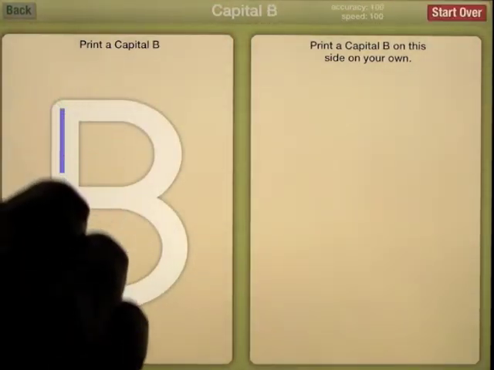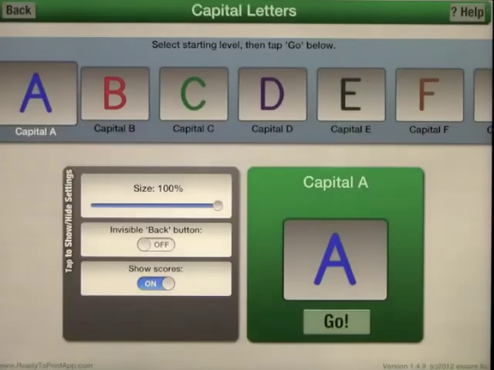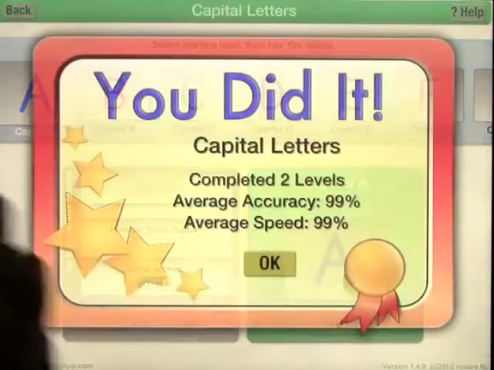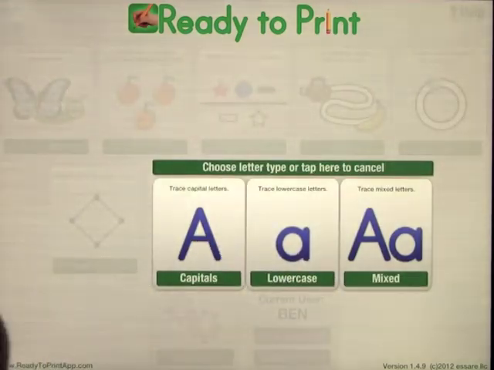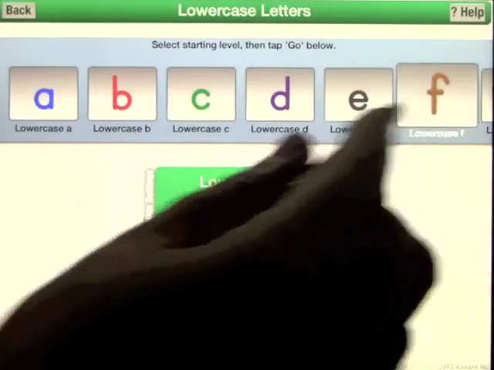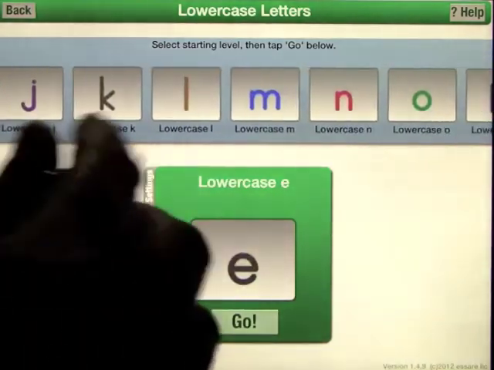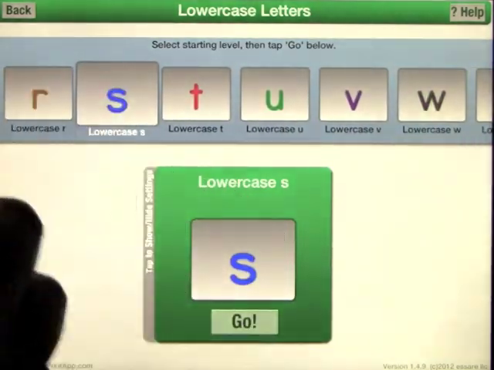capital B and so on. Let's go back out. Completed that one there. Let's go back into letters. Lowercase, pretty much the same thing. You can go through any of the letters in the alphabet. Let's go look at S